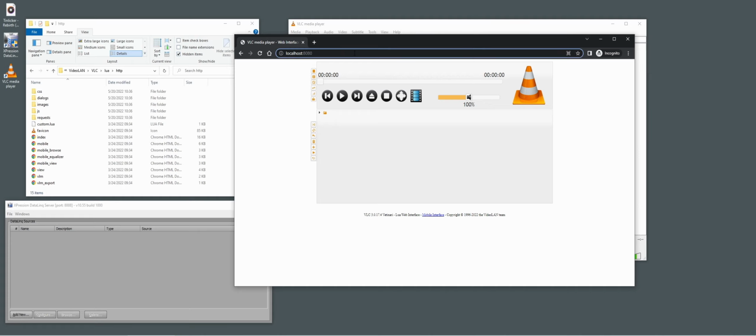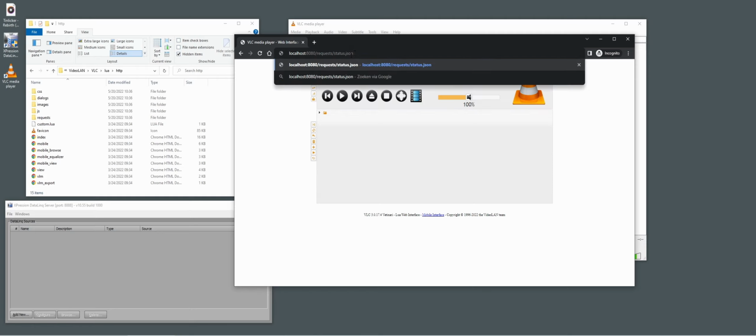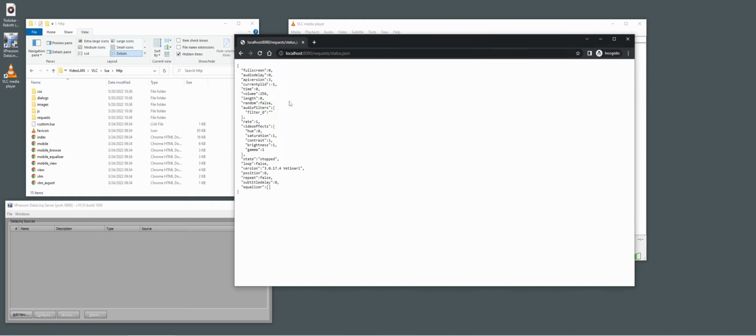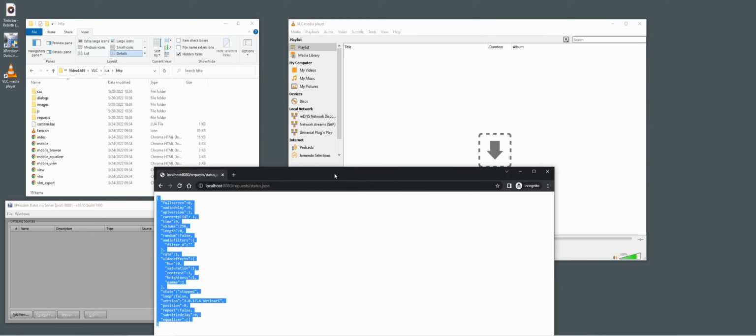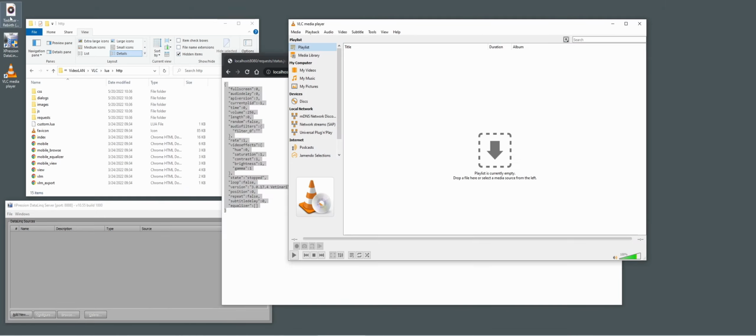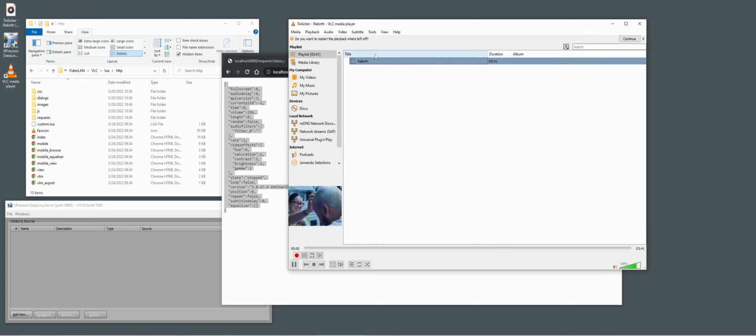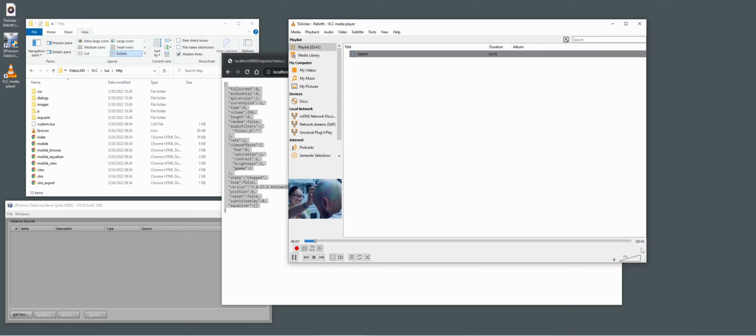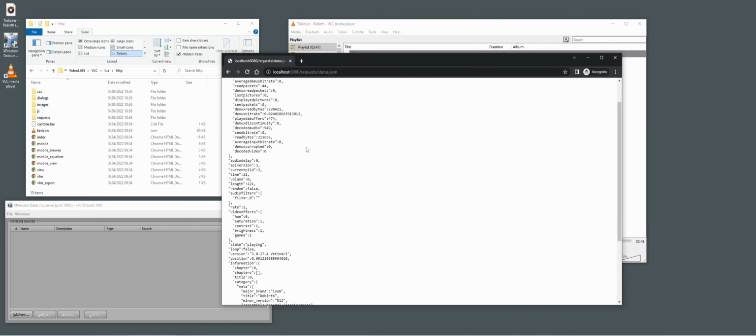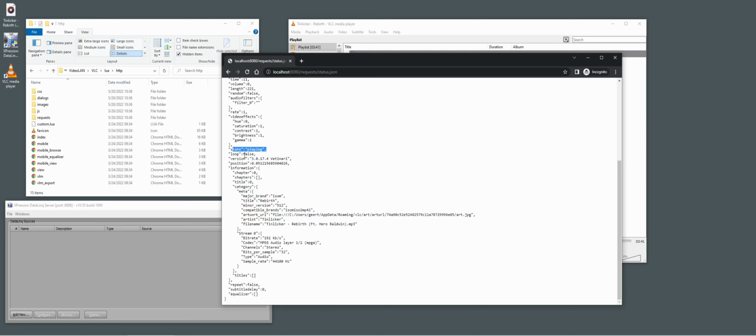But what we actually want to do is get the data. So if we do the following, localhost, port 8080, the port that you're going to connect to, request status.json. If we go there, you will see all the data that's currently within VLC. So if we drag in a song and play it, and I have turned it off, obviously for copyright, and if we refresh it, we can see the state, it's not looping, but most importantly, you can see the